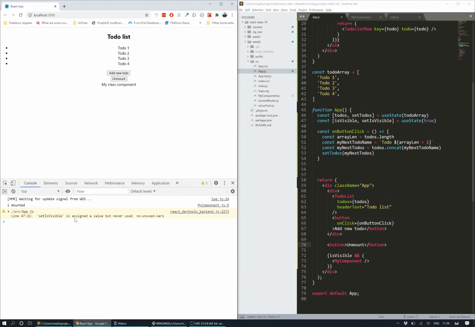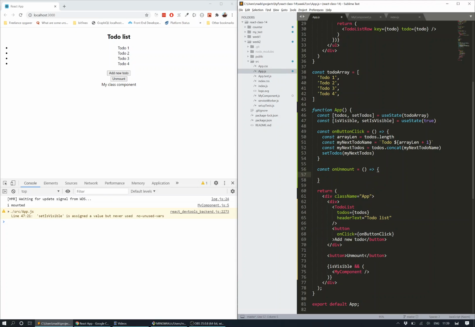And then it will give me a little warning that I don't use this setIsVisible, but we'll use that now. So I'll make a new function that will say unmount, and I'll make a function for that. And then I will just toggle this. setIsVisible, I will update the state, and I will give the reverse value of isVisible,